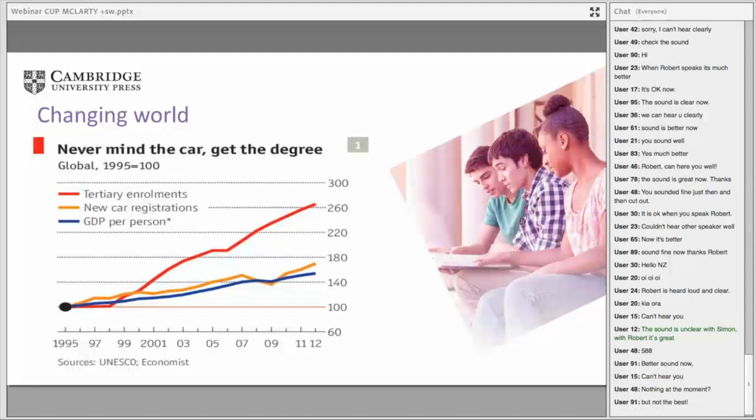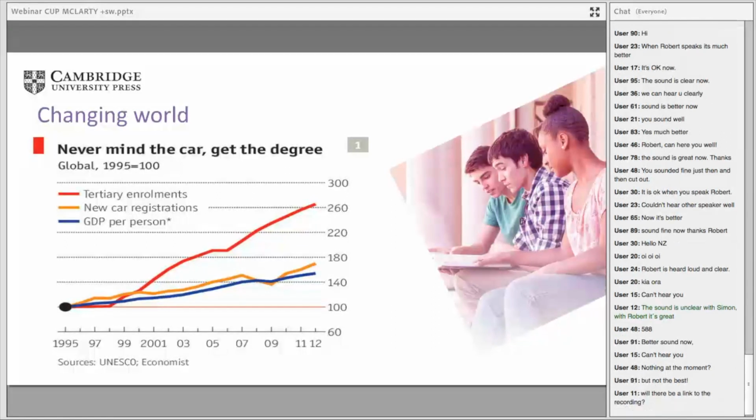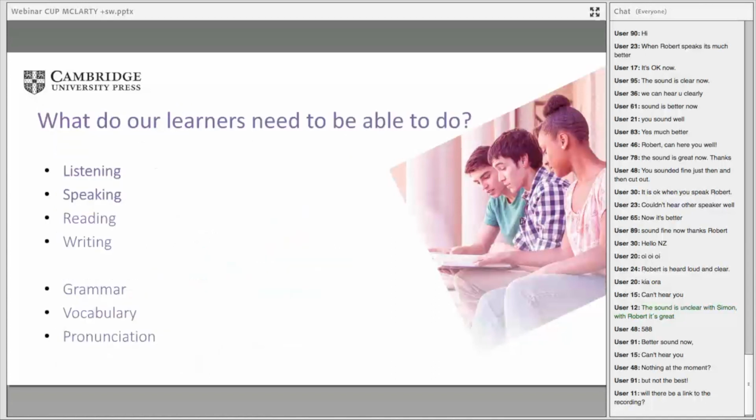And that red line looks quite likely to continue to rise and rise and rise. So lots of people wanting to study for a degree in the English language, and whichever path they choose, they're going to need the best possible preparation that we can offer in our foundation courses. So what do we want at